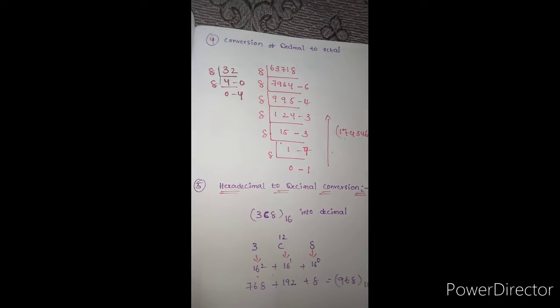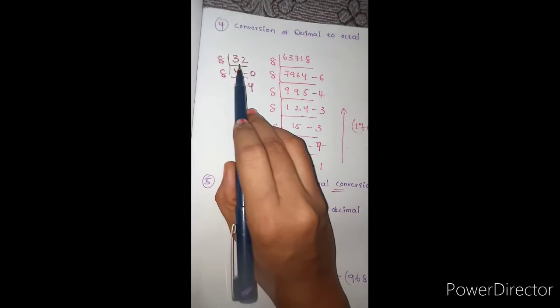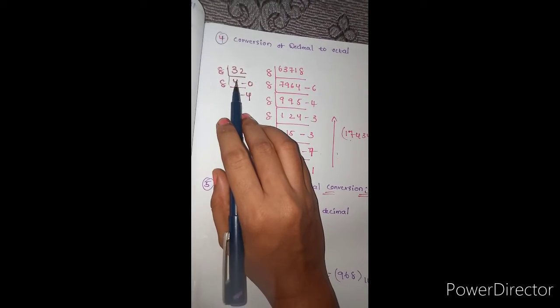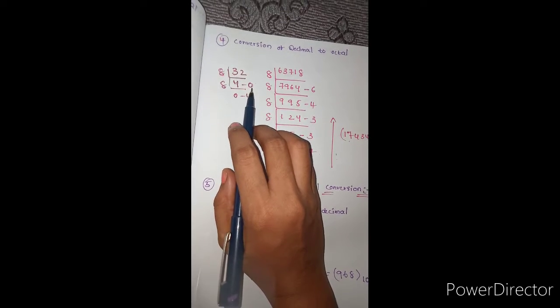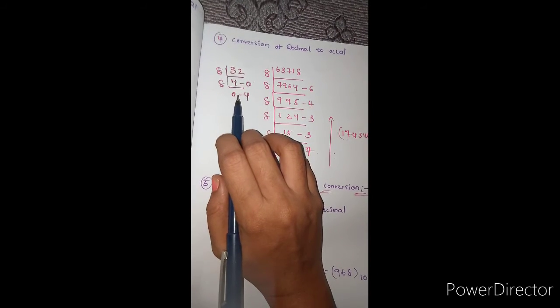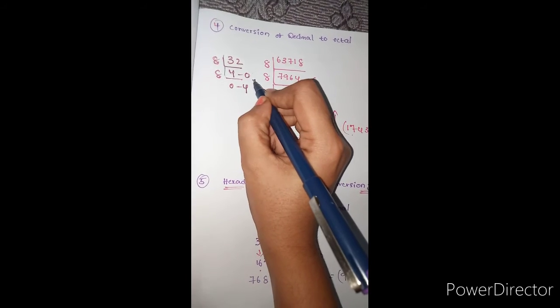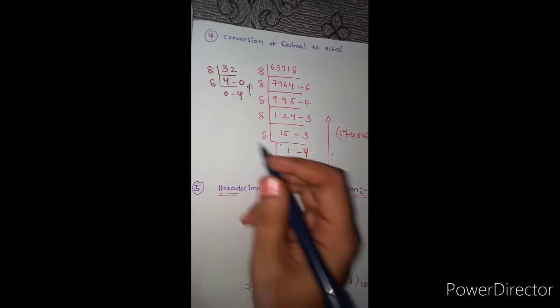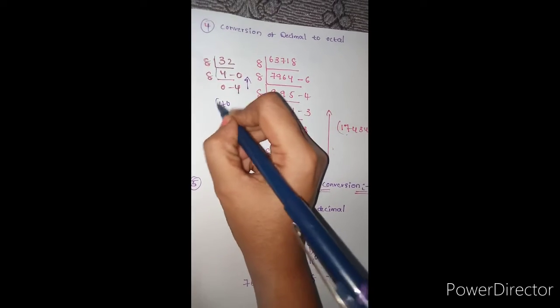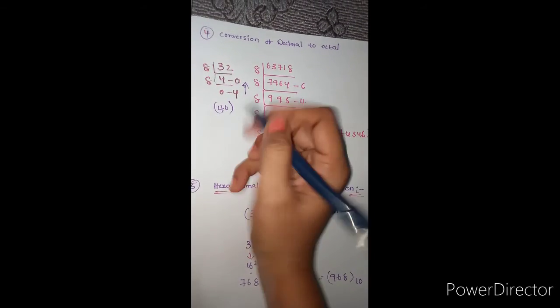See here, I am taking a simple number, 32. 8 fours are 32, the remainder is 0, the quotient is also 0, and in reverse order,